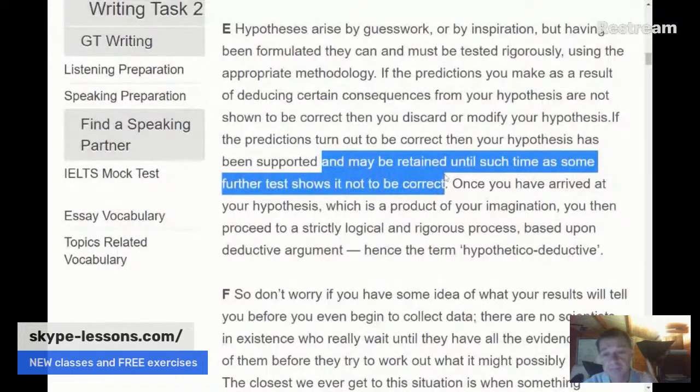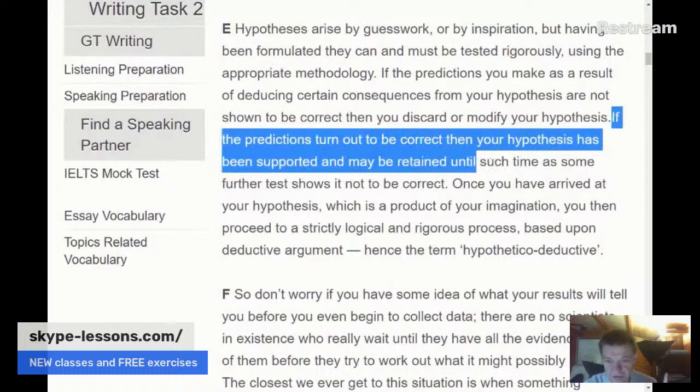So it doesn't mean that it's true. If your predictions turn out to be correct, it doesn't mean your hypothesis is true. It doesn't mean that your hypothesis is a well-established fact, because it's not. It's not even a fact that the sun will rise tomorrow. I know lots of people out there may think that that's a scientific fact, but it's not a fact. And actually, facts have no place in science, according to Karl Popper. It's actually something that's a hypothesis.